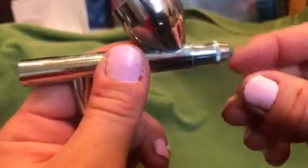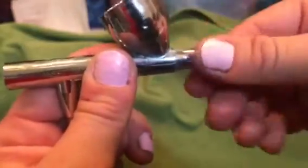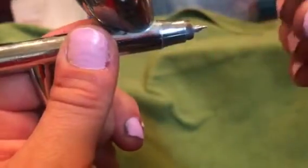Next part, this is the needle cap. That unscrews. Or I might have that backwards. This might be the nozzle cap. I don't know all the words. Anyway,